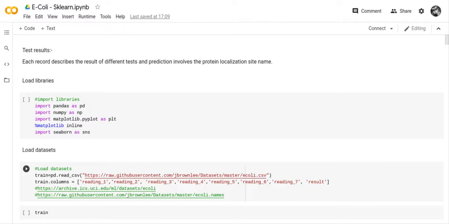So I went on to Jason Brownlee's site and I got a data set on E. coli, and I decided that I would use that to determine which models are best for imbalanced systems. I took a series of models and used them with this E. coli data set to actually determine which model is best. And we're going to talk about that as I go over the